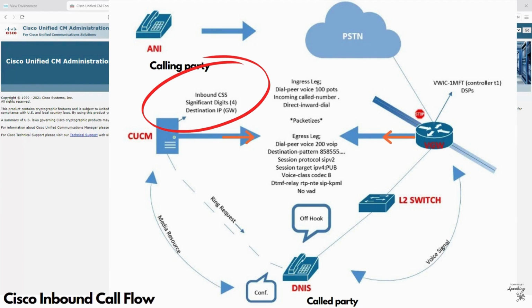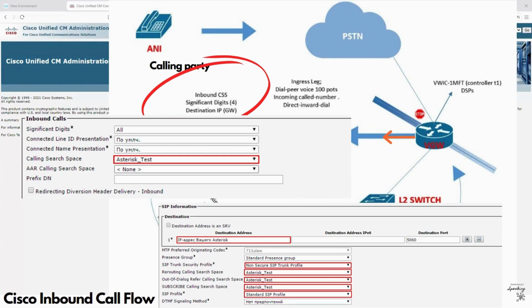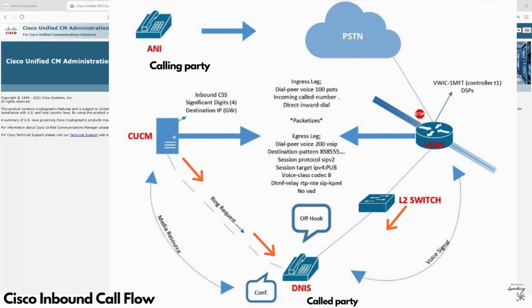Okay, so we go into call manager, go into our gateways, and we add the above settings. Now the SIP trunk is complete, and the call manager now has the signal of the inbound call, and based on the last 4 digits, call manager knows where to route the call. Now, call manager will send ring requests to the phone that the last four digits belong to and say ring. At the same time, call manager will tell the signal path, you and the voice can go to the phone